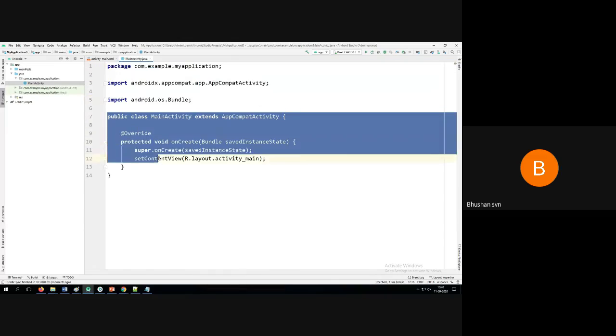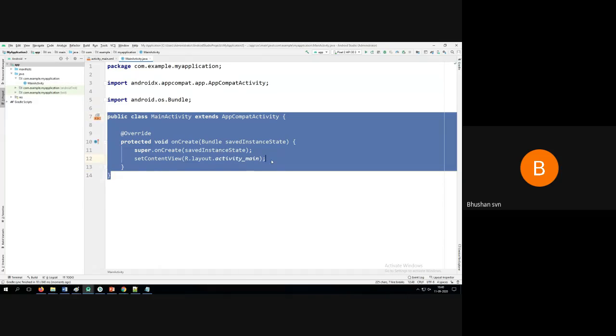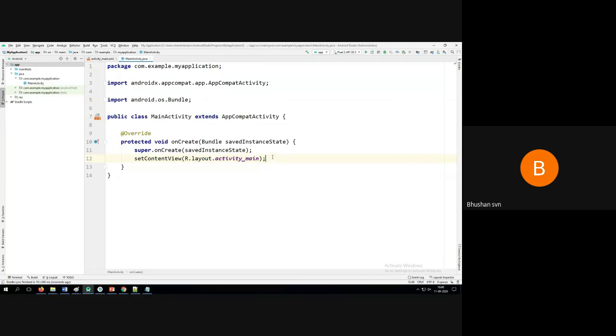Whatever code you are going to write should be within this. Make sure that at the end you will have two braces. All logic is put within the onCreate method, and this is the bracket which closes that specific opening bracket. So this is all about today's lab.